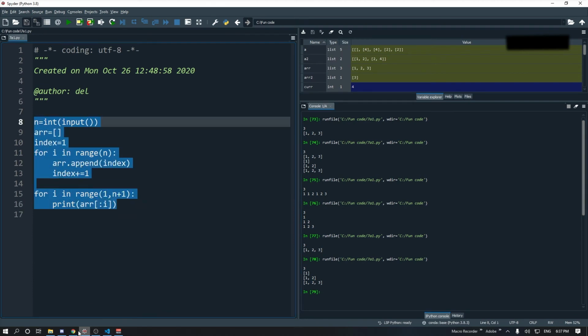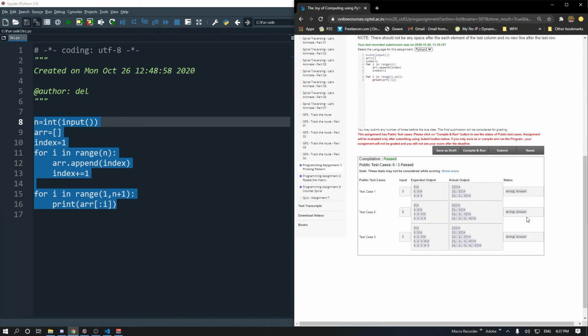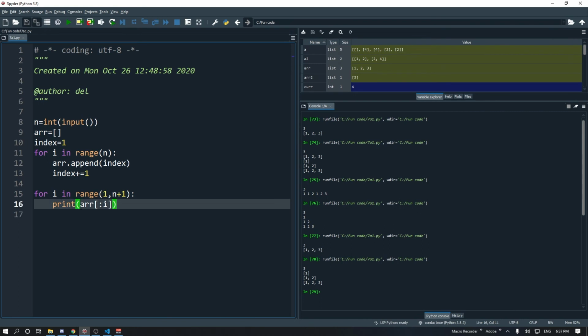If we put this in Swayam, there'll be an error because we didn't remove the brackets and the new line after the last row. So to do that, it's very simple. To remove the brackets while printing an array, you just need to put an asterisk before the array name,